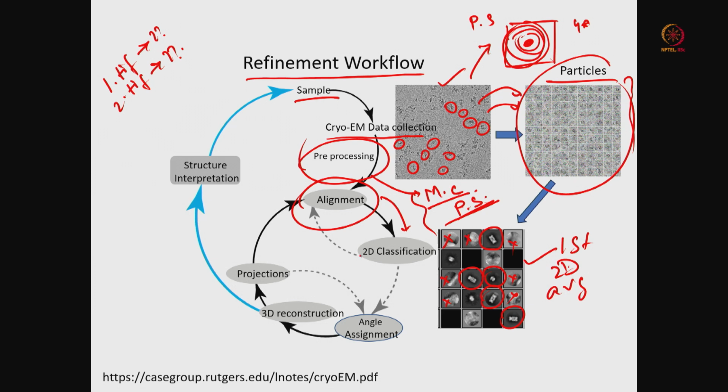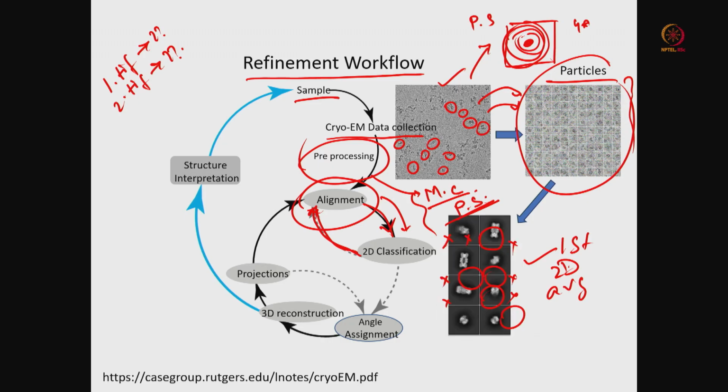So, here you can see one arrow is here. That means we are doing this 2D classification, we clean this data set and we go back again through this alignment. A couple of rounds we have to do this 2D classification, sometimes 3 rounds, 4 rounds or 5 rounds. When we do that, finally we will get very nice averages. So, here I will erase this one, it will help us to understand that. If you do this a couple of rounds,